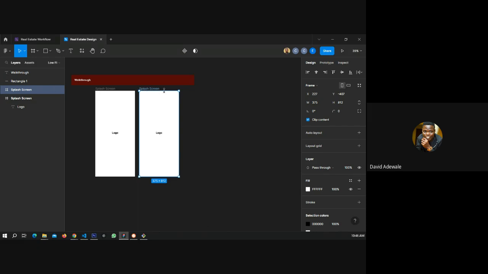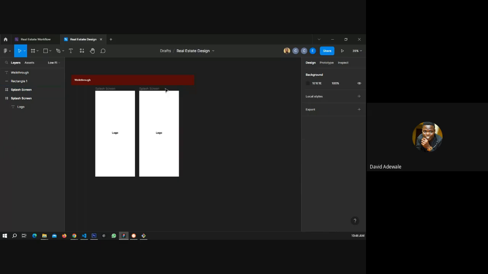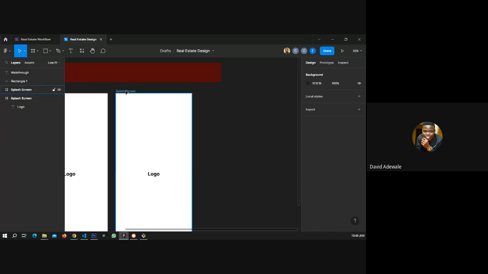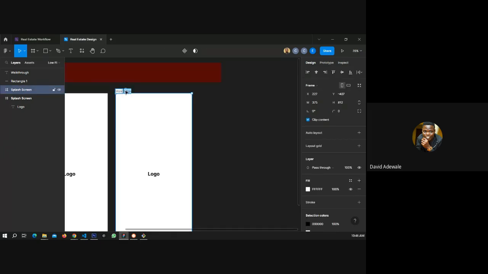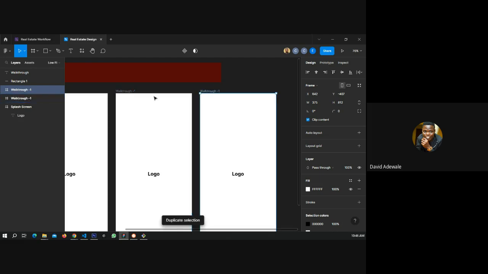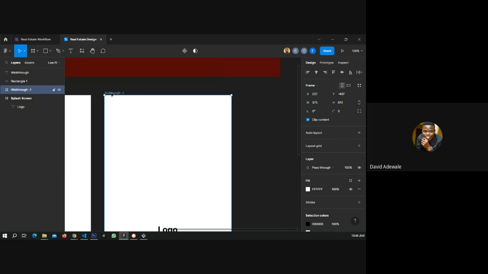Yeah. So the first walkthrough we have here is, we can have walk. I don't want to make a mistake. Walk through -1. That's another update on Figma. Immediately I had -1 and I duplicate this frame. Duplicate. It's going to, oh, sorry, I did not leave space. Let me just leave space here. Walk through -1.